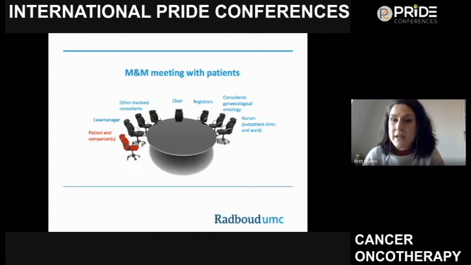And of course, we added an extra chair for the patient, who is welcome to bring also a companion. You can think of a family member, a relative, or a partner, or a friend even. And we had questions before whether or not patients were allowed to bring a lawyer, because these cases are very sensitive. In our instance, we never experienced a patient with this request, but we would really consider this also as an option to bring clarity and transparency. However, of course, this needs to be discussed and carefully handled.